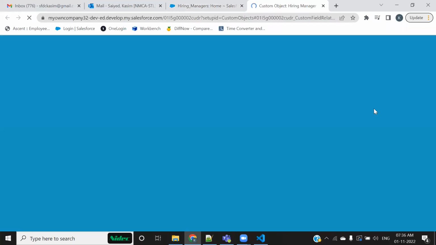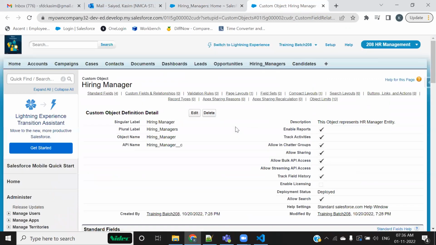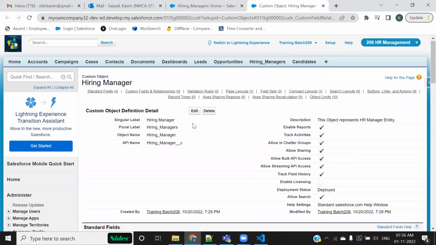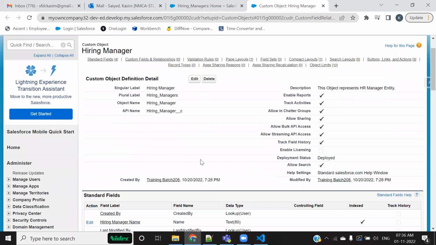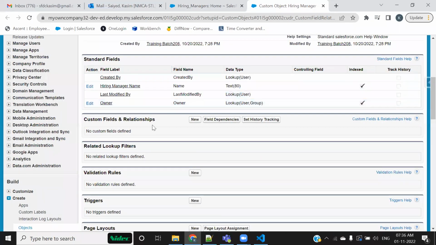If you click onto view fields, you would land onto this user interface, where details related to the object are shown, such as the standard fields it is presently holding and the custom fields that it has. What we are creating is a custom field, right? Whatever field we are about to create is a custom field. All of them are going to be listed in this table. This particular table, the custom fields and relationships section, would display all of those fields that we have created. Presently it is not having any, but yes, we are about to create that.